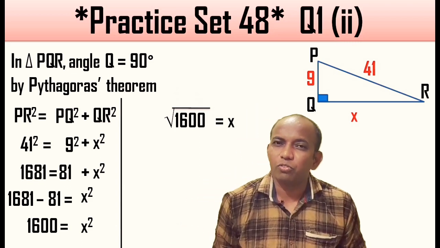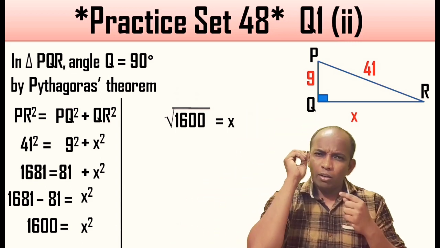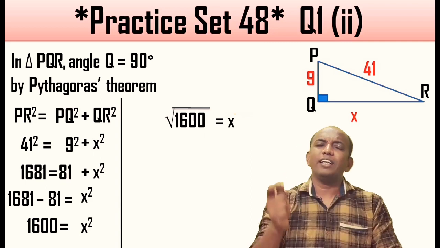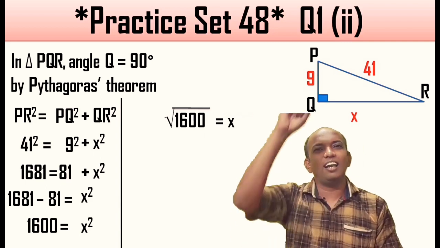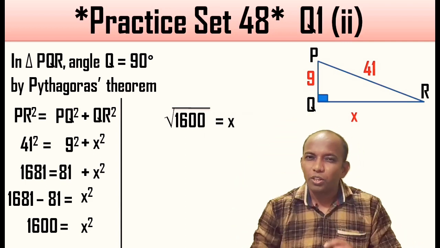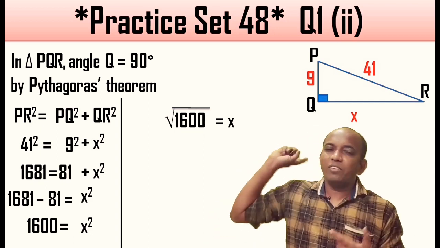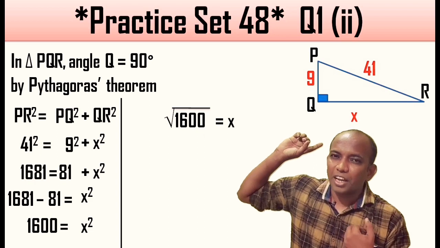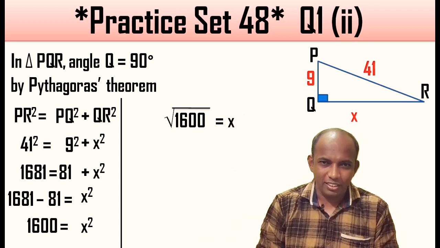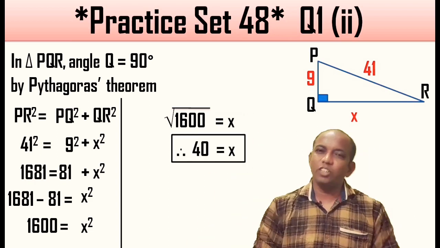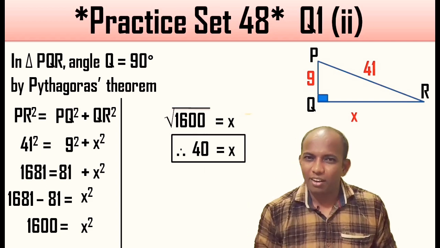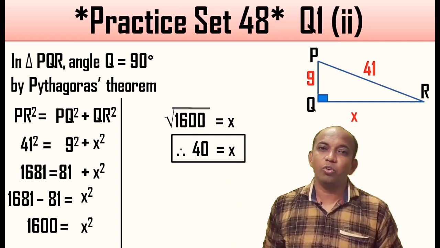Again, a short reminder for you all. To learn to find the square root in 30 seconds, a link is given to you. You just have to go there, touch it, see the video and try to practice it afterwards. Okay. After this, the moment you carry out the square root, we get the answer 40, x equal to 40, and that is why the length of side QR is nothing but 40 units.